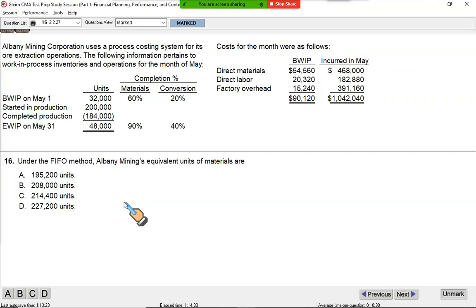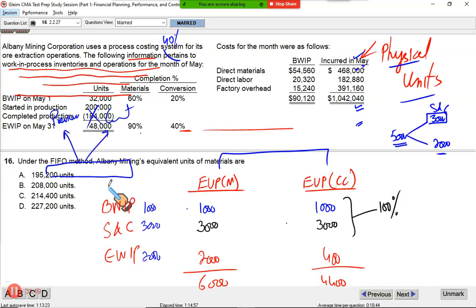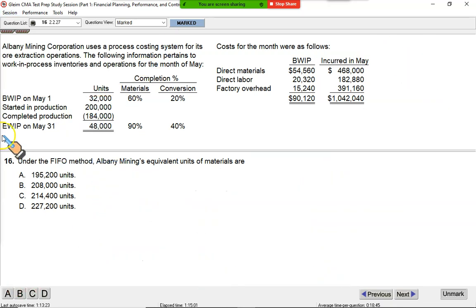Now, this is a beautiful, wonderful question that will tell you how we value goods under FIFO and weighted average, and how we calculate the equivalent units of production for conversion cost and material. All these three steps are coming. So let us first do this question using FIFO. Then we will do the same question using weighted average, and we will do all these three steps. So let's read the question and first clear up the space for calculations. All right, here we go.